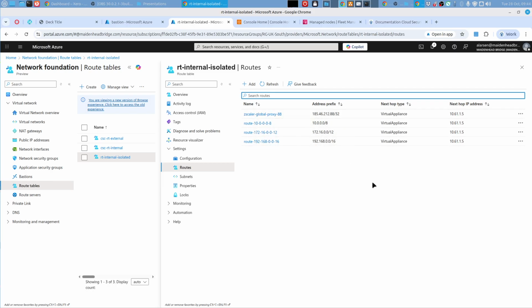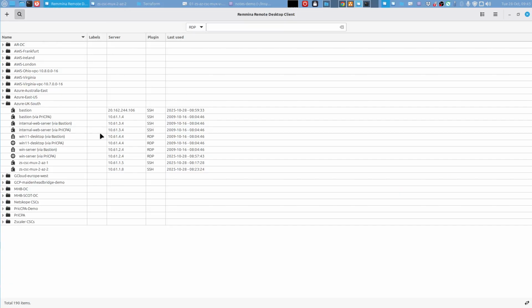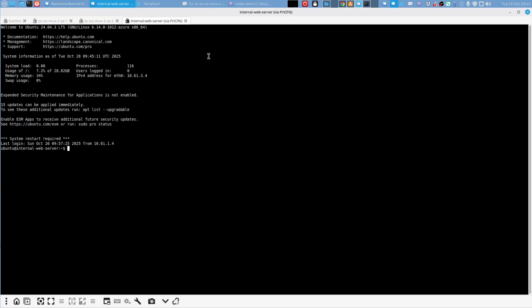And this global proxy is another thing related to traffic redirection to Zscaler. Then we need to control all these things for high availability. Everything is routed via the connector, but I can't get access right now because PriCPA is not enabled. For example, if I want to get access to the internal web server via PriCPA from my machine, going